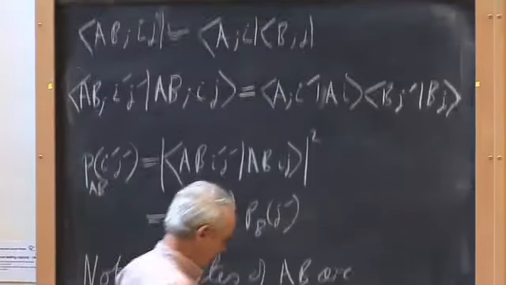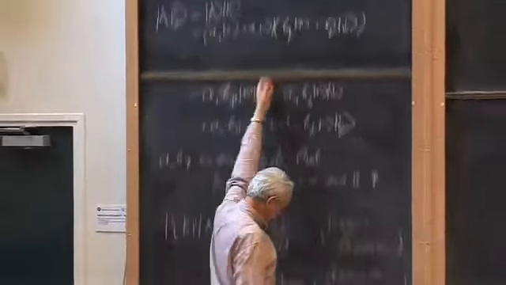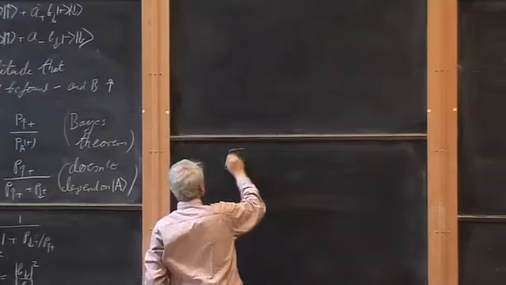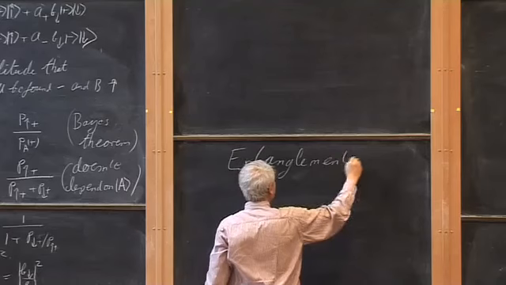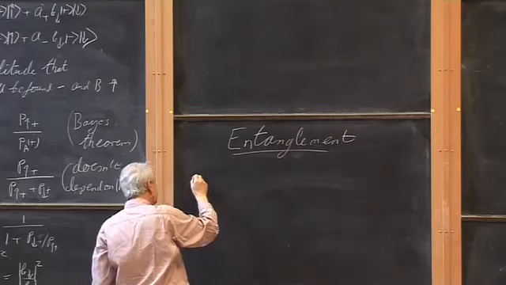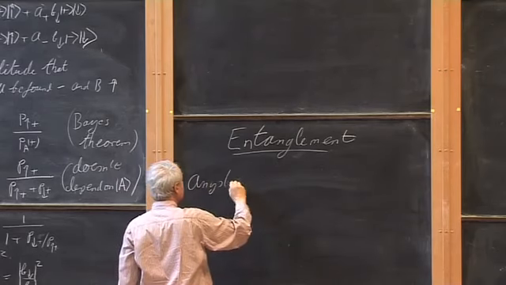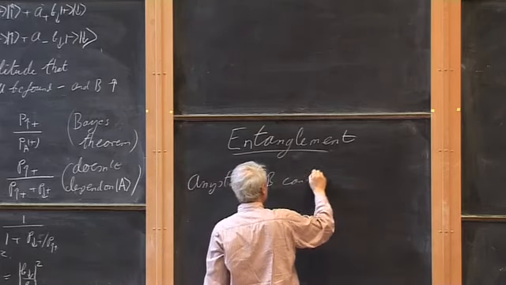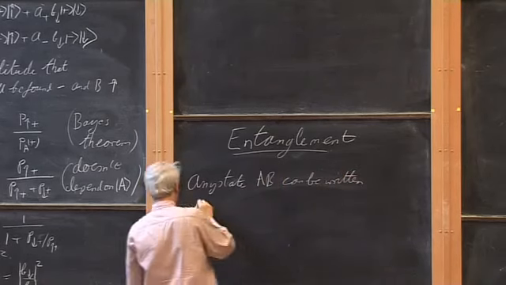So the conclusion here is, any state of AB can be written as AB